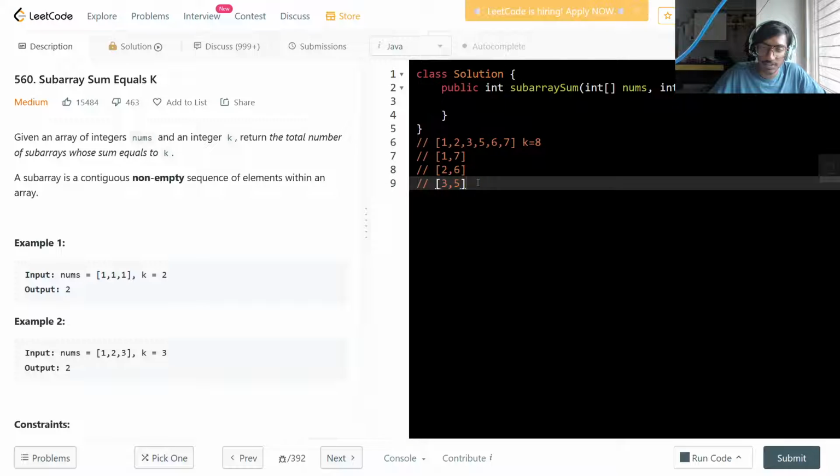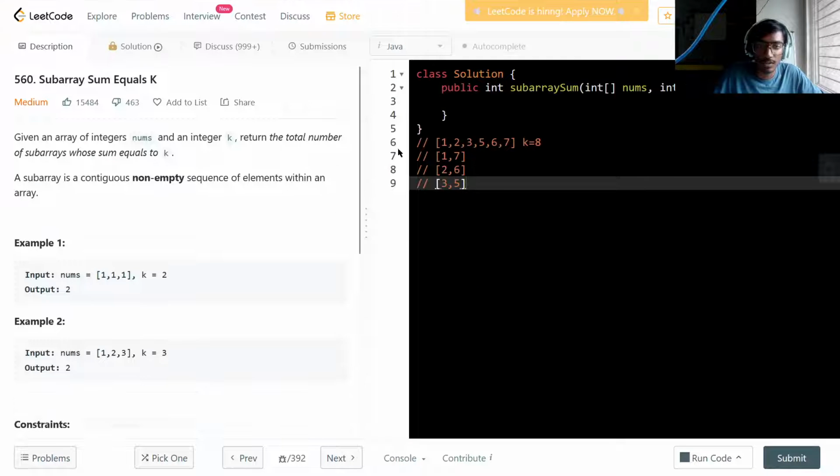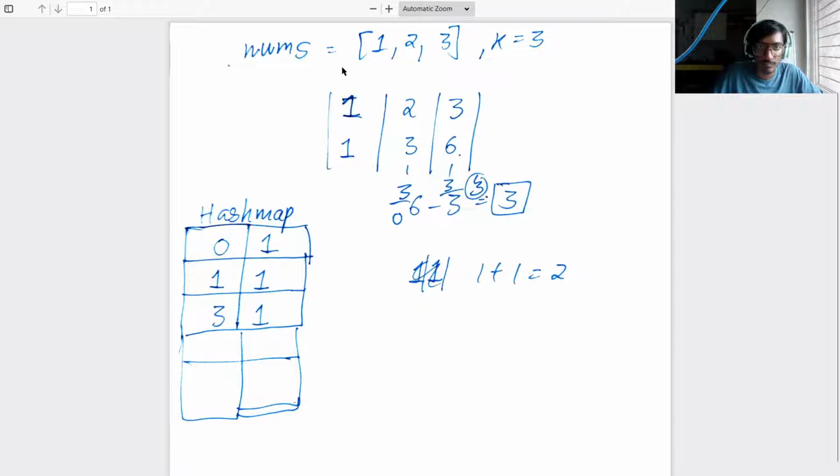This question doesn't give the right intuition, like immediately you won't get the intuition to do it. This is kind of hard, but the code is very simple. So the approach would be, consider this array 1 2 and 3, and the target k value is 3. Here we're going to use a hash map, and then we would add